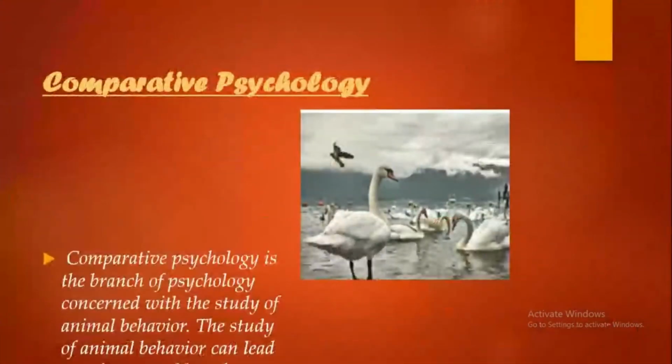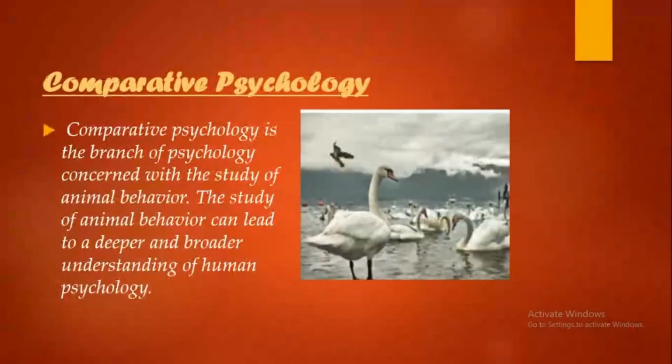Next one is comparative psychology. So what is comparative psychology? Comparative means to compare two things, right? We have discussed in earlier chapters that all the experiments in psychology were basically done on animals, and the results were implemented on humans as well. So comparative psychology basically deals with the experiments, the interpretation of their results, and their implementation on human beings. So this is all about comparative psychology.